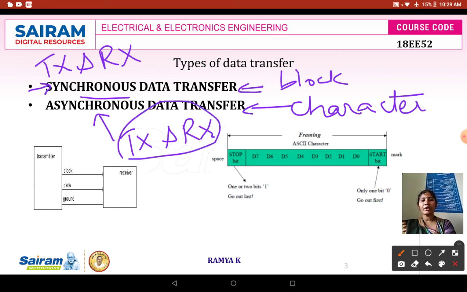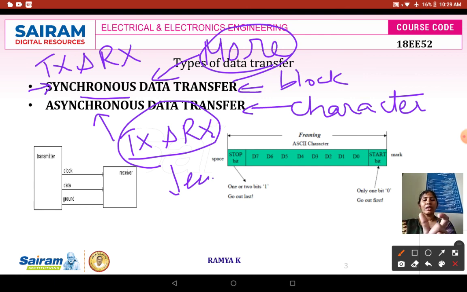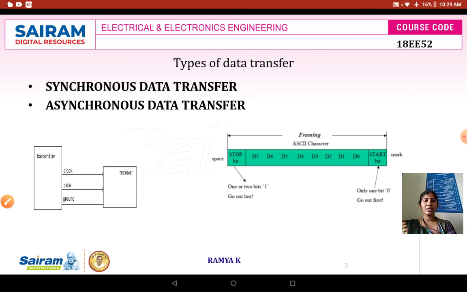Since it is operating at a different clock pulse, the time taken between sender and receiver to transmit the data will be less. Whereas in synchronous data transfer, the amount of time required to transmit the data will be more. Why? Because it needs a certain amount of time to synchronize according to the frequency at which you are transmitting and the receiving pulses are operating. So these are some of the differences between synchronous and asynchronous data transfer.